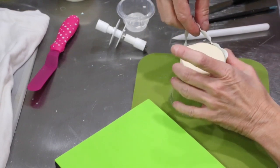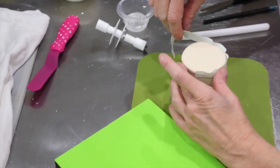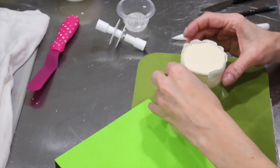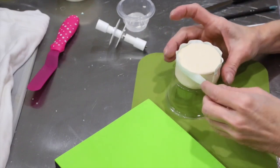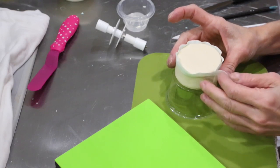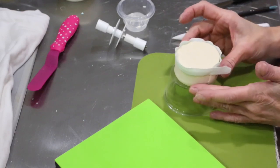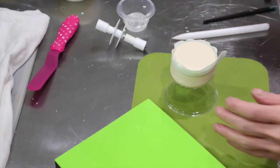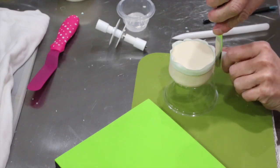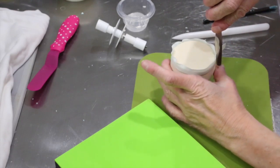Now, I do not have a tiny little cake stand or little teeny cakes, but since I can pretty much see, I can either turn my little cup around or I can kind of turn my cake in the beginning to make sure it's all even. And you should come out right about the same spot. And then just take your offset spatula and cut at that seam gently. You don't want to tear, you just want to kind of